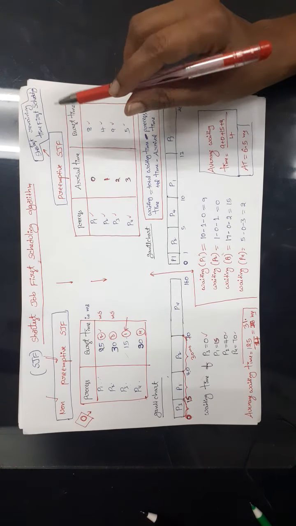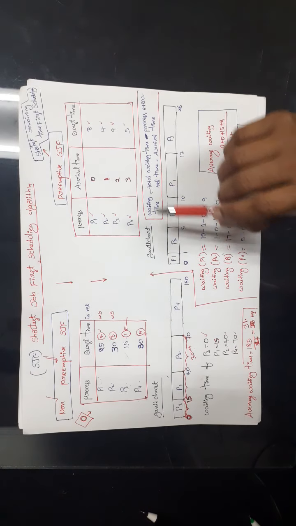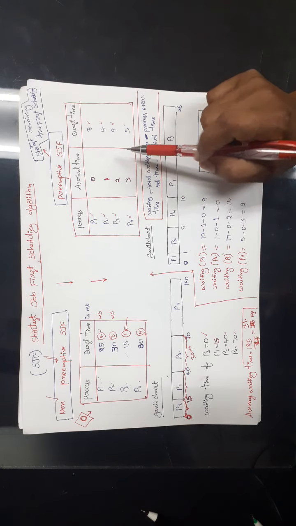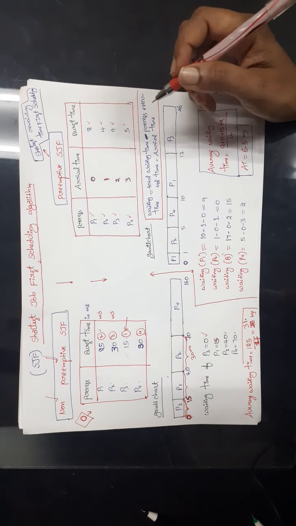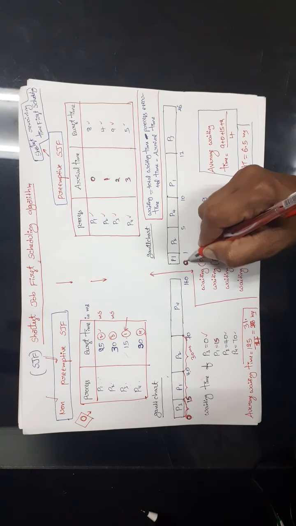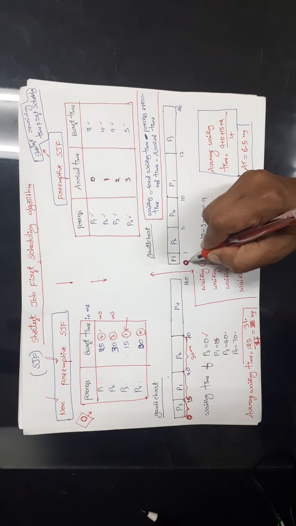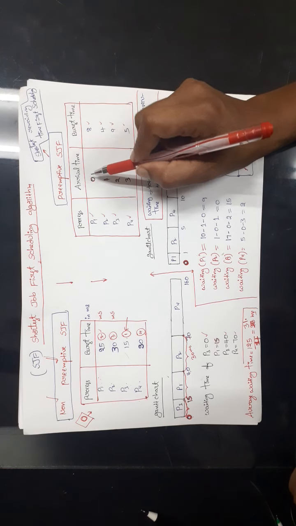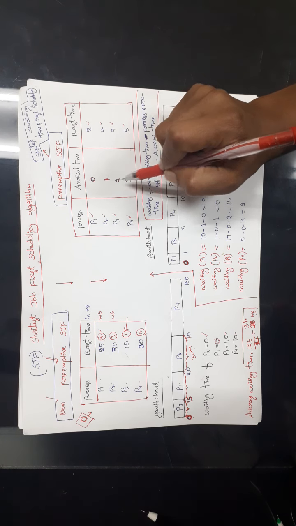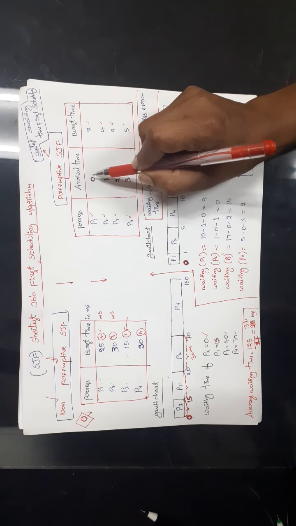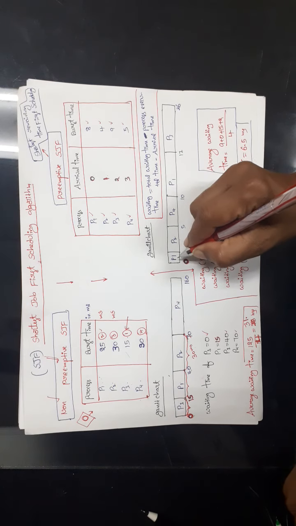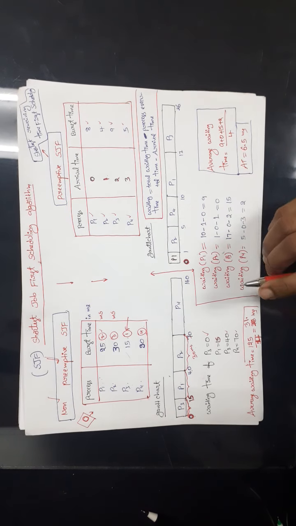Okay, so now we will try to represent it in the Gantt chart. Here also we are following the shortest job first scheduling algorithm. So here if you observe, this is at time 0. At time 0, only P1 has entered into the queue. No other process came at 0 time, right? So P1 is available in the queue, so we are trying to execute P1. So we have started with P1.